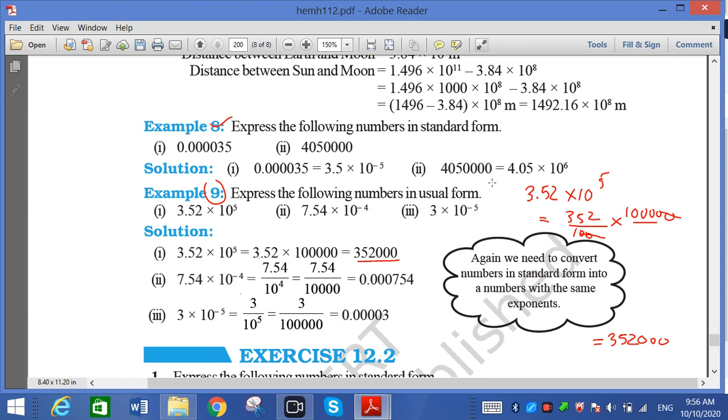How can we get it? Again I am explaining. First of all we see how many decimal digits are there after the point: 2 digits. So I have to write 100. 100 cuts, so 1000.